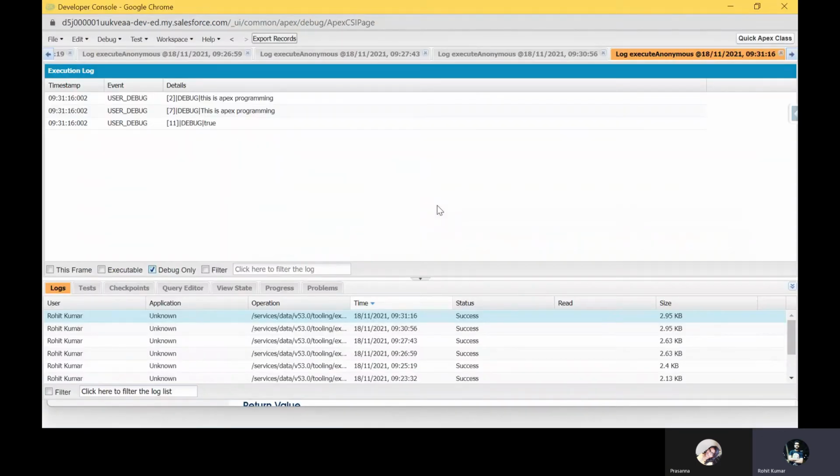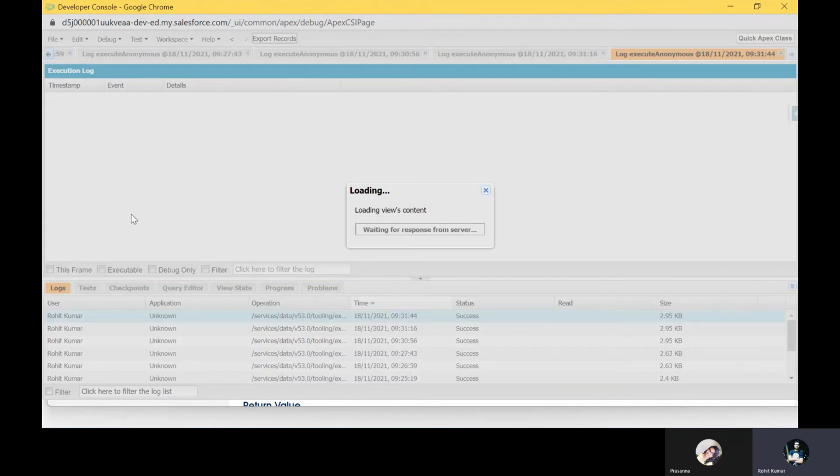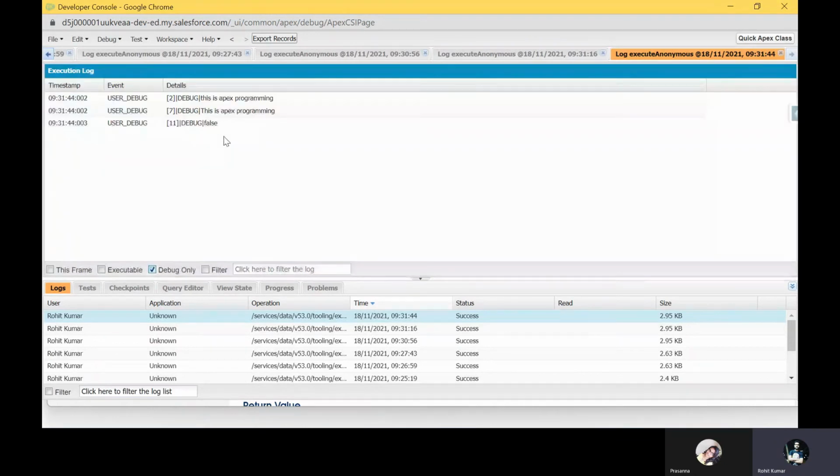If you want to take something else, let me change this one to Rohit. Rohit is not available. Let me check this again, and after that you can see under debug only false. So this string, This is Apex programming, doesn't have the Rohit keyword, or we can say the word Rohit, right?